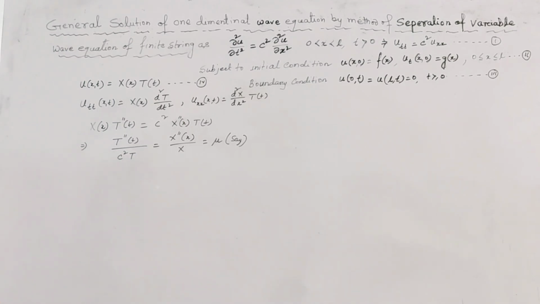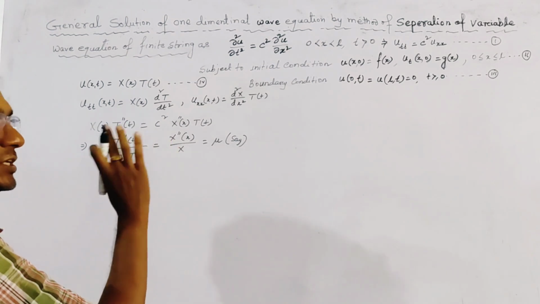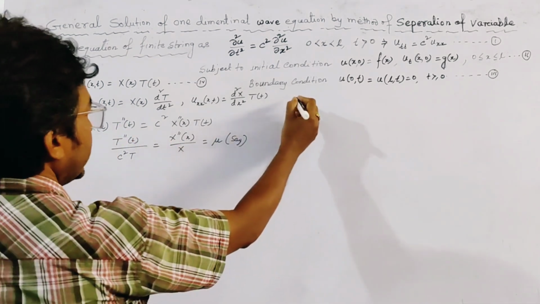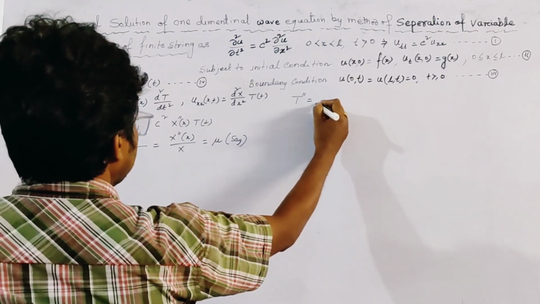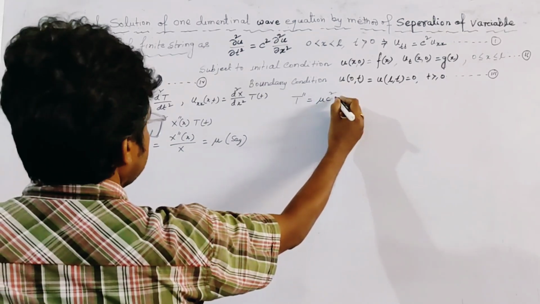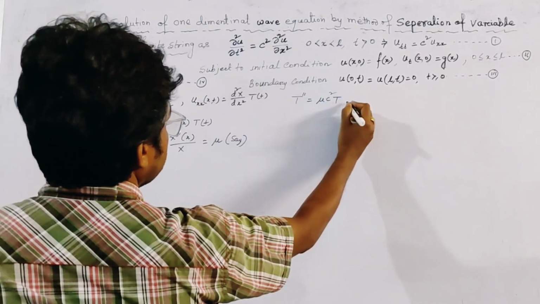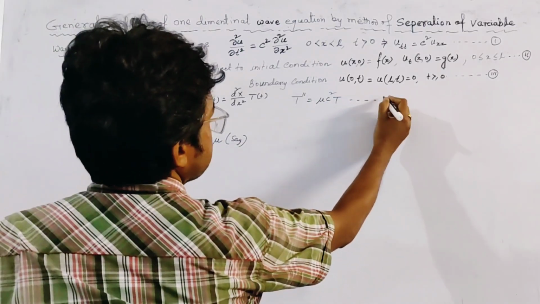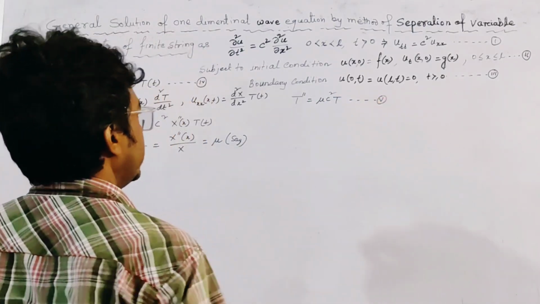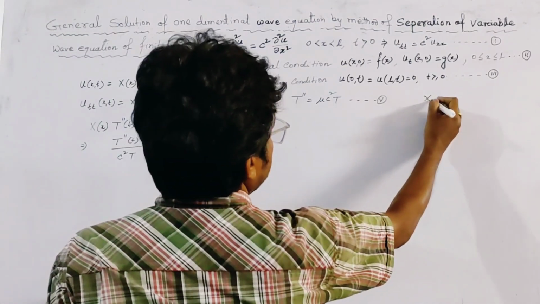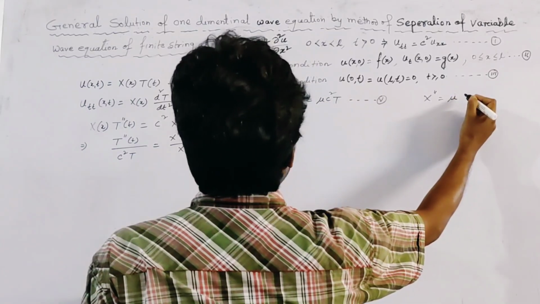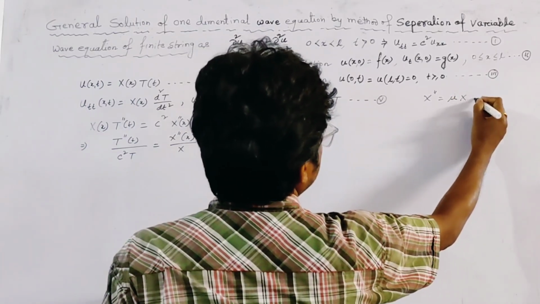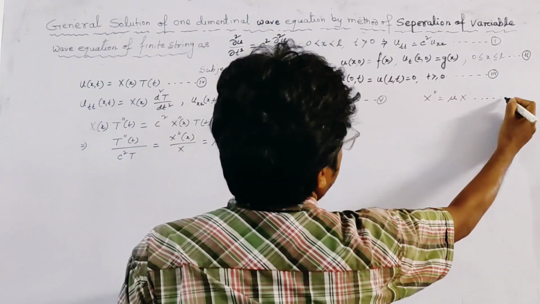From this relation we get two ordinary differential equations. The first one is T'' equal to μ c² T, and we name this relation number 5. The second one is X'' equal to μ X, and we name this relation